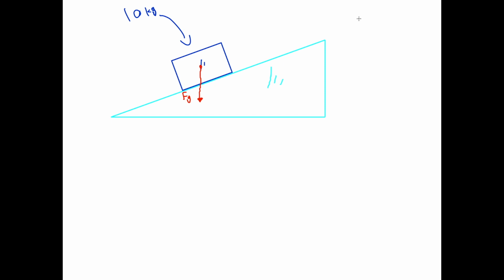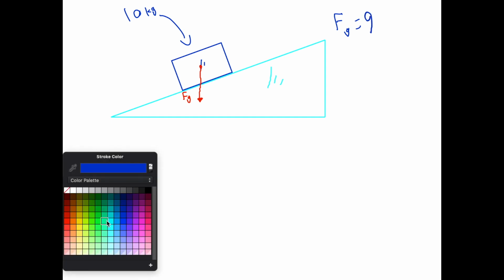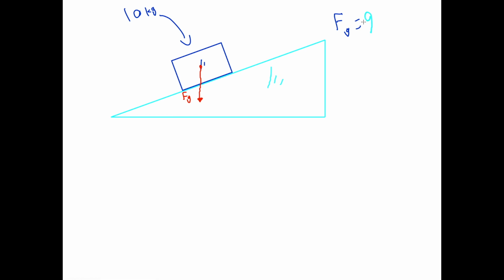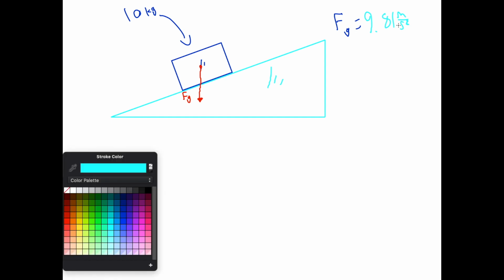Well, that's pretty easy. The force of gravity is going to be equal to the gravitational constant near the surface of the Earth, which is 9.81, actually that would be 9.81 meters per second squared. I like switching colors, don't judge. And then there's also going to be